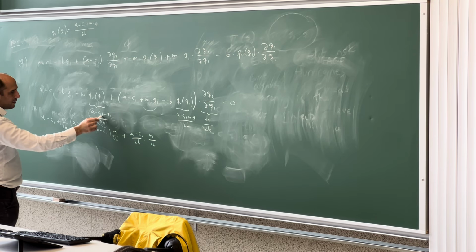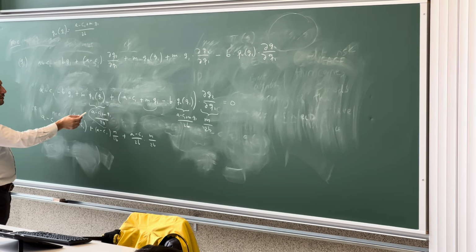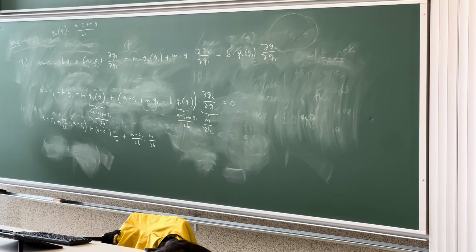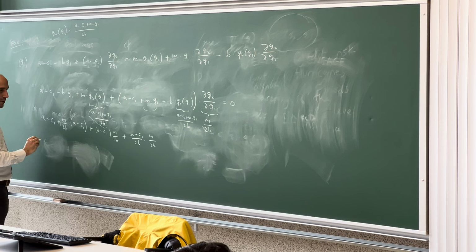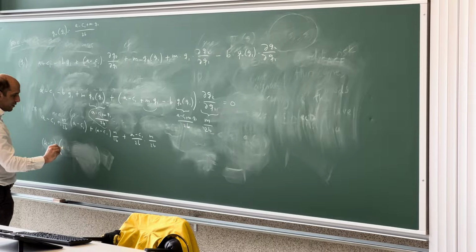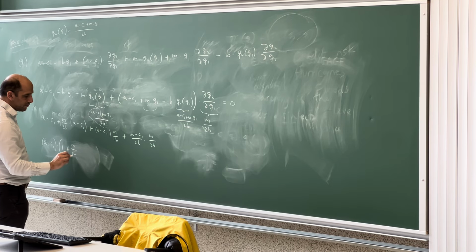A minus c1 over 2b times m, okay. And now I want to take the common factor at least a minus c1. A minus c1 times 1 plus m over 2b times 2. Okay, so m over b